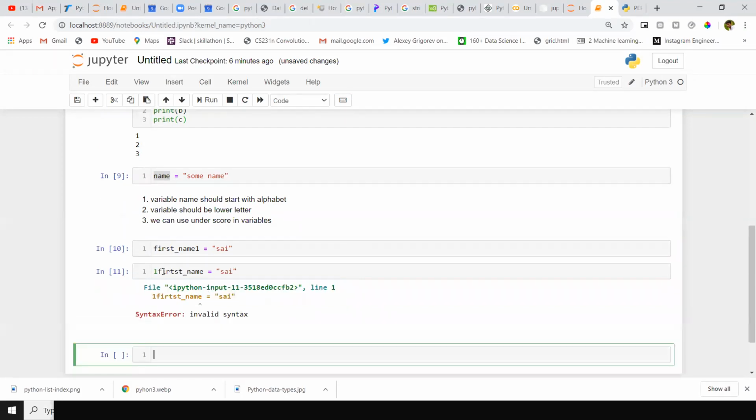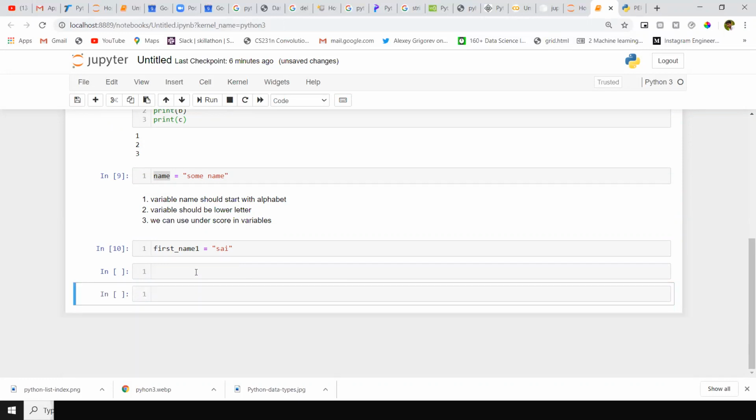This will throw an error. Why? Because a variable name should start with a string only. That is one of the rules given by Python. We are not supposed to override that. These are the main things while declaring variables.